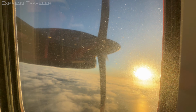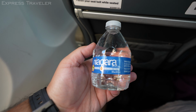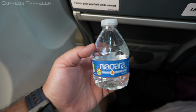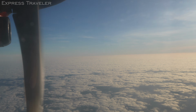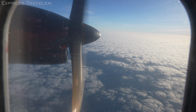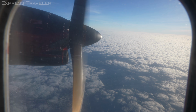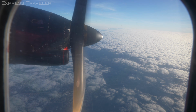About 10 minutes after takeoff, the lone flight attendant came through with complimentary bottles of water for everyone on board. Honestly, I was shocked we even got this for such a short flight. About 20 minutes in, we reached our cruising altitude of about 12,000 feet, and shockingly, the captain turned off the fasten seatbelt sign. That moment of freedom to move about the cabin was pretty short-lived, however, as a mere 10 minutes after that, we began our initial descent into FLL, and the seatbelt sign came back on for the remainder